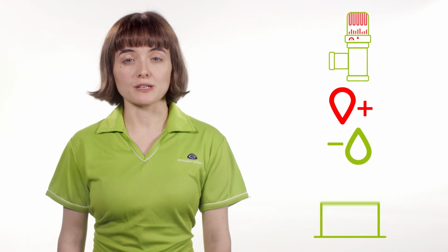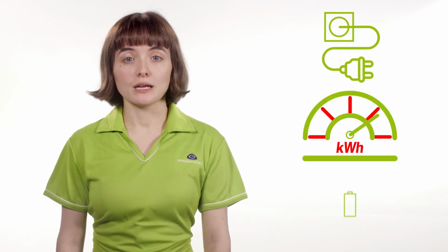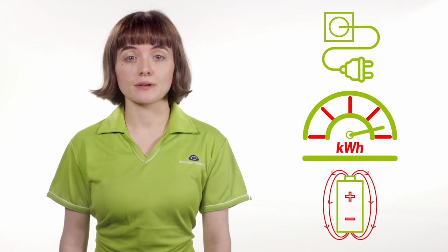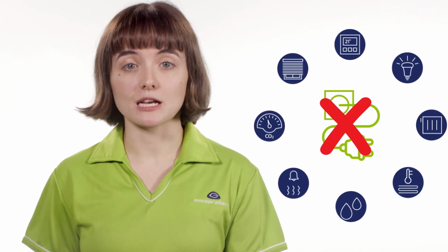The temperature difference between cold air and a warm radiator is enough to generate an electric current, so thermal energy can be used to power a smart radiator valve. And when current flows through an electric cable, it generates a magnetic field which can be harvested via a CT clamp. Self-powered technology needs no external power supply, and cable-free devices can be placed with the utmost flexibility upon virtually